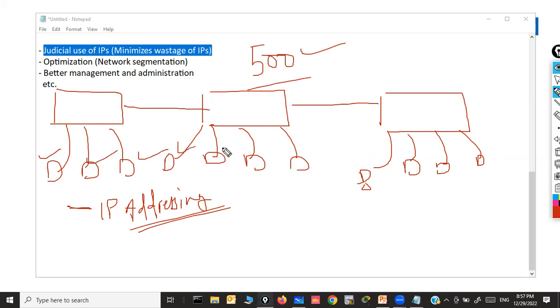So, of course, we cannot go with a class C IP address because class C means a total of 254. So we'll have to go with a class B network, a class B address. And there are 500 computers in total. So 500 computers, single network, class B address. There is no problem, but from an optimization and segmentation point of view, it's not a good design, in fact, because if there are 500 computers in a single network, let us assume one